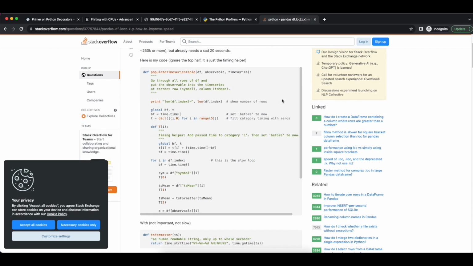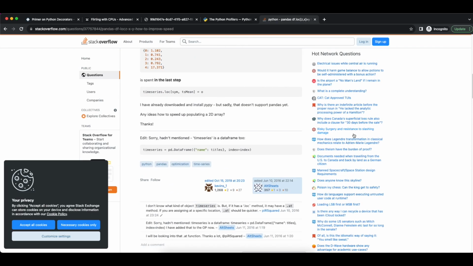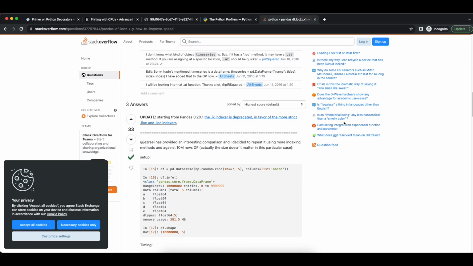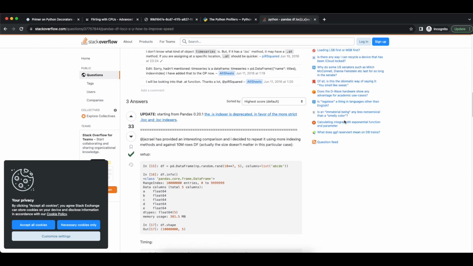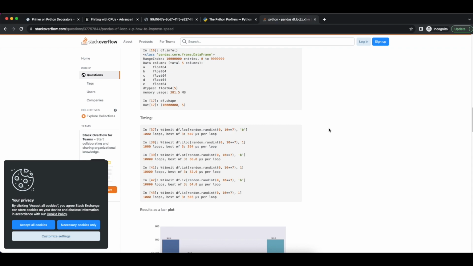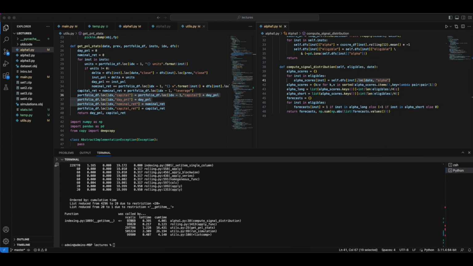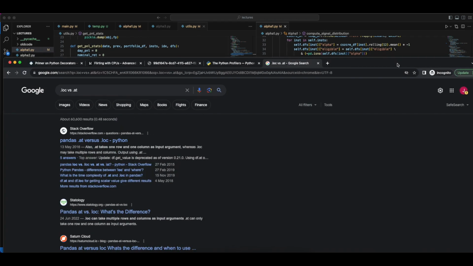So this question seems to be fairly similar to what we're looking for, and basically we can see that .loc is taking significantly more time compared to these other operations, which are almost 10 times faster. So it seems to me that we're using the wrong function, right? So for example, you can see .loc, and this is .at, and if you go to that,